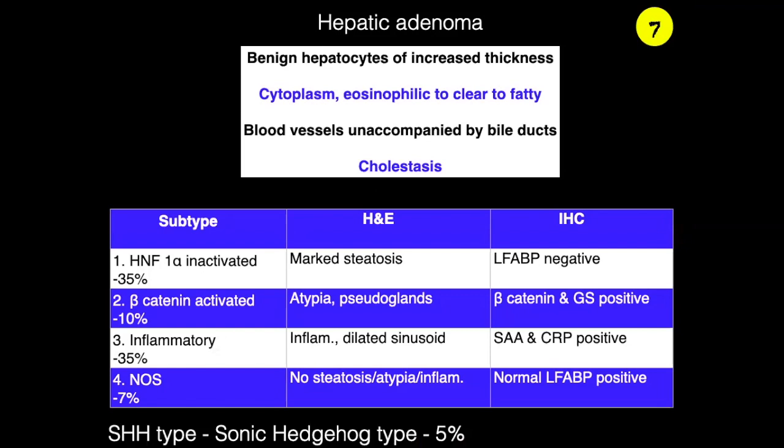Now we are coming to hepatic adenoma. Logically, we talk a lot about the adenoma-carcinoma sequence in colonic cancers and in the GIT, but in the liver, logic won't help you. Adenoma is not at all connected with hepatocellular carcinoma. Adenoma arises in non-cirrhotic liver. That is very, very important. Here you can see blood vessels, but bile ducts are not formed. It is purely hepatocyte proliferation, so you will see cholestasis.